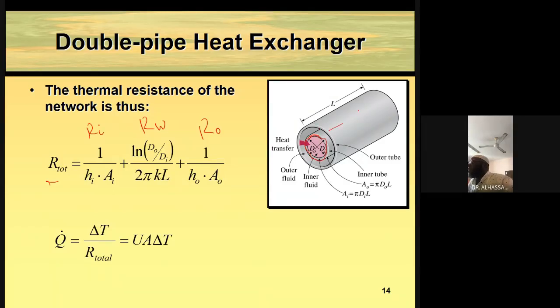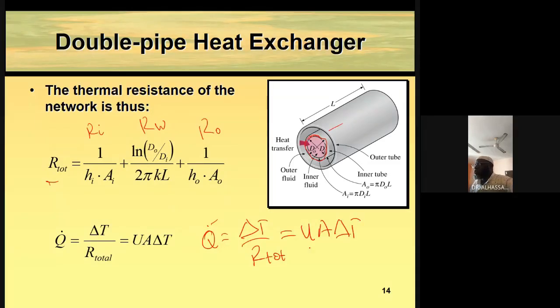We are not interested in this cylinder. Okay, so now we define a new term called overall heat transfer coefficient. We know from our previous lessons that heat transfer with respect to thermal resistance equals delta T divided by R total. You understand me? So now we are equating this rate of heat transfer to UA times delta